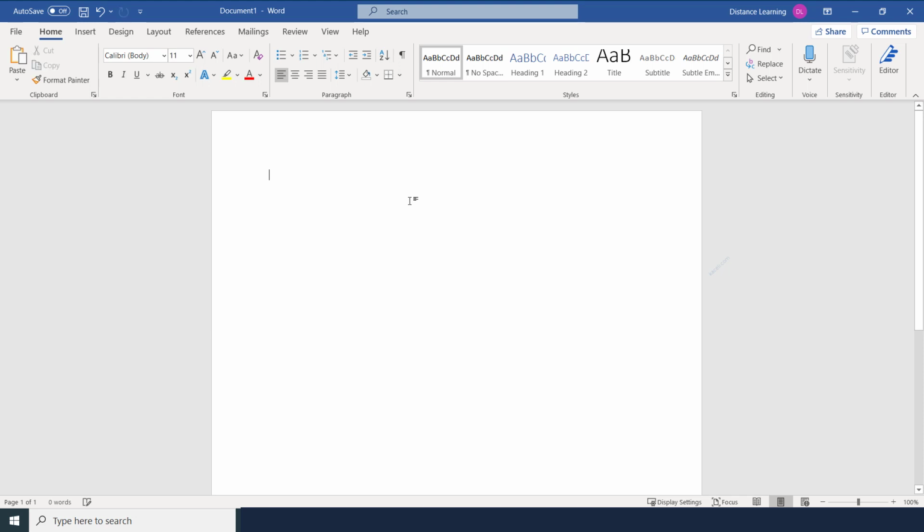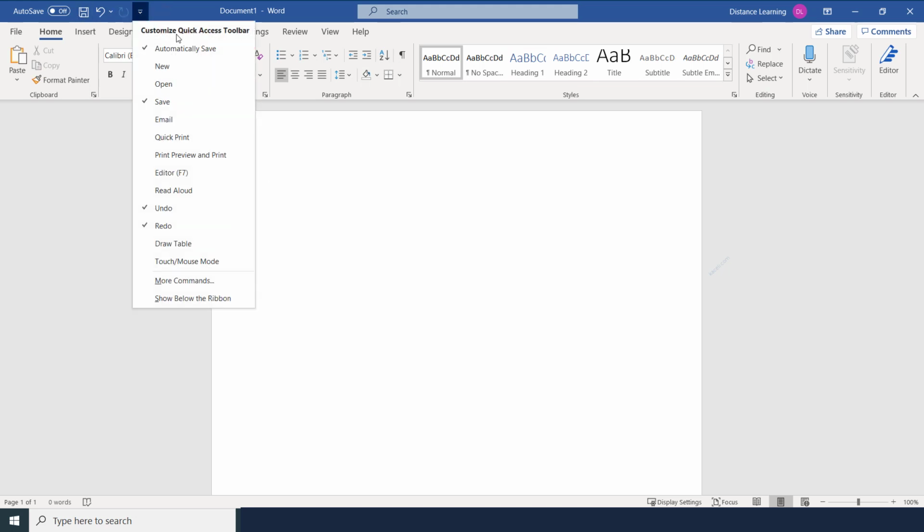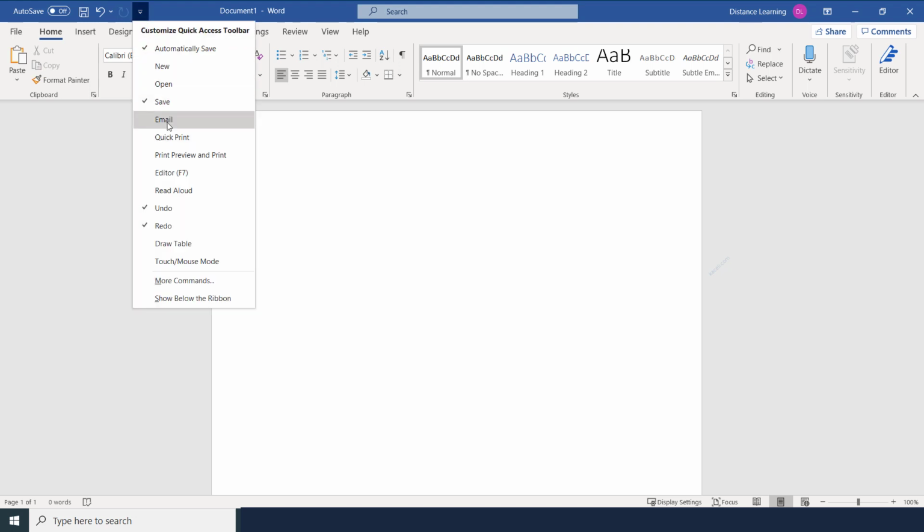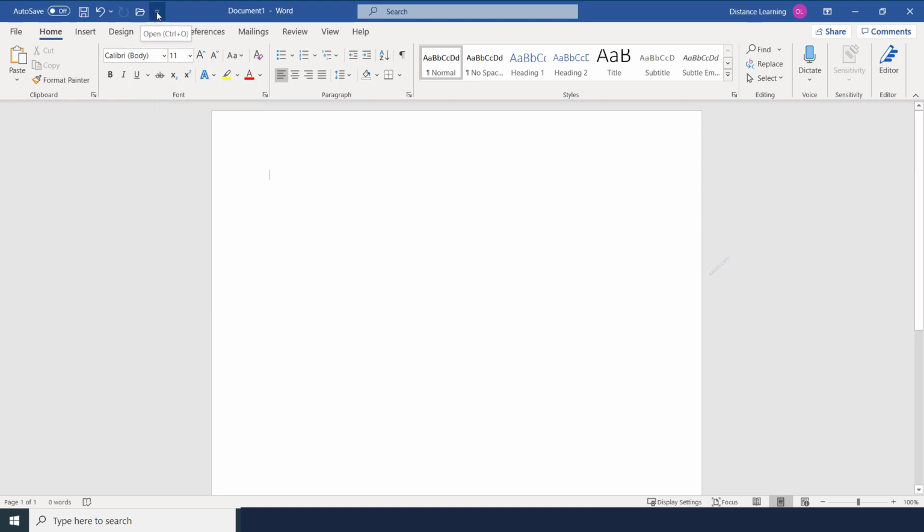Now, this main area here is where we type the document. Now, a couple other interface components here. On the very top left, you'll see here this quick access toolbar. This is basically an area for you to place in here commonly used commands in Microsoft Word. So you can click on the drop down, and let's say you're emailing a document or you're opening documents all the time. You can enable those buttons by just simply clicking one of those, and it will add the open button here. Another way to add those buttons is that if you are in a specific tab, and I'll go over the tabs in a moment,